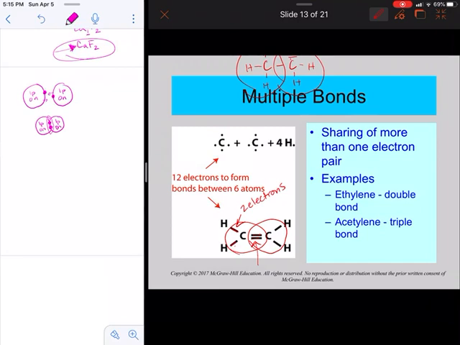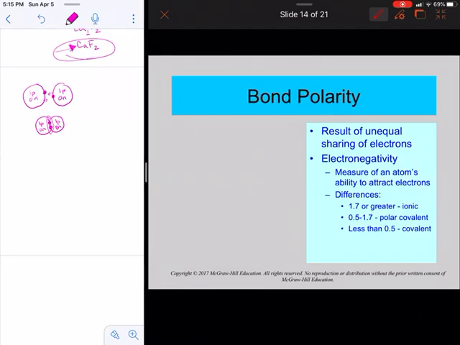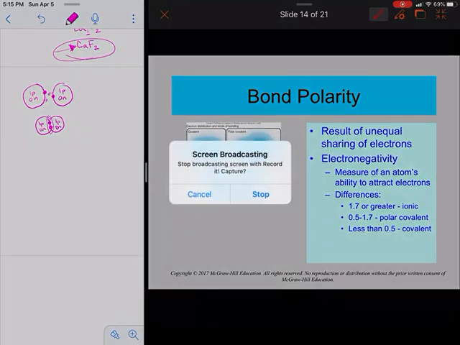So you can start to take out some of the hydrogens, and you can create more or multiple bonds in the middle. And the more bonds that you have holding them together, the stronger the bond is. It's harder to break those. That's like what your fats and stuff are made of. Some of your fats have single bonds, some of them have double bonds. The ones that have double bonds, those are kind of those bad fats sometimes. Okay. And then we're going to get into bond polarity. So I think for that one, I'm going to stop the video and start a